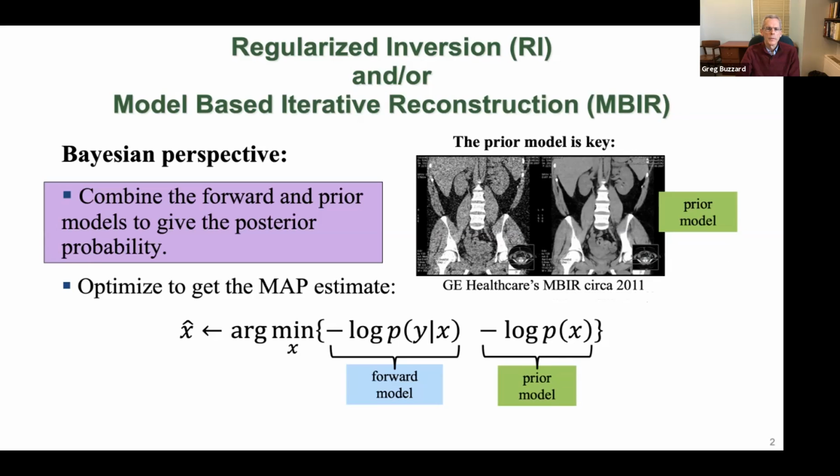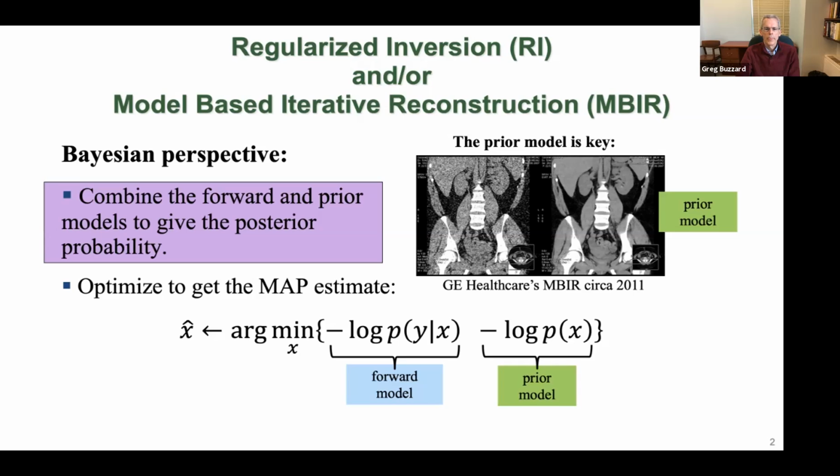One of the things about this is that the prior model plays a huge role. So this represents two reconstructions with a CT system that's embedded in some of GE's scanners. And the only difference here is the difference in the prior model. So you can see that for not such a good prior, maybe an analytically given prior, we get a lot of artifacts. It's very noisy. With a good prior model, we get something which shows a lot more detail and it's much more clinically useful.